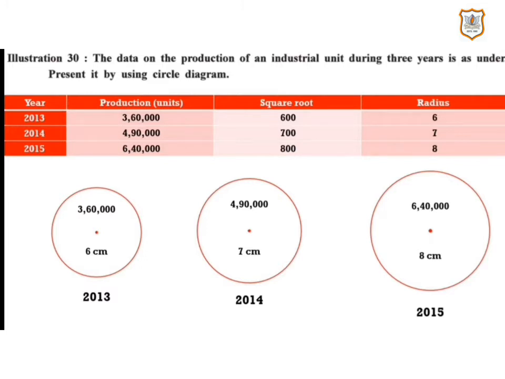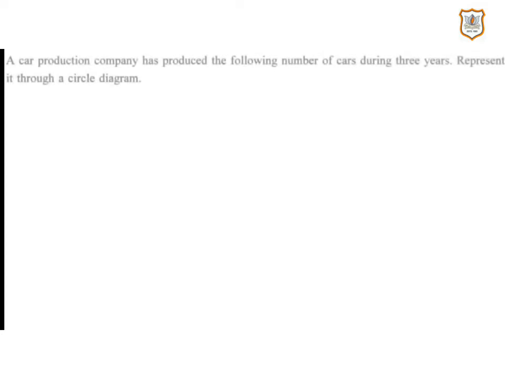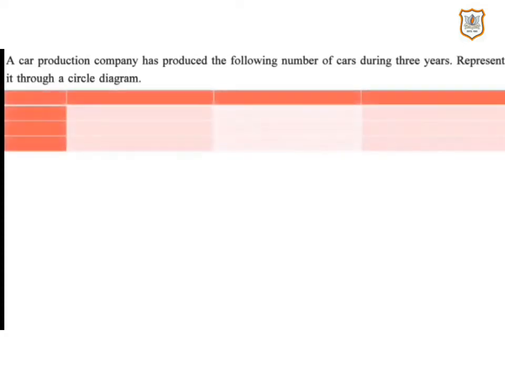Let's solve another example from your textbook. Or let's take any sum from exercise 2.3 of your textbook. So let's take sum number 7 from exercise 2.3. A car production company has produced the following number of cars during 3 years, represented through a circle. So here we have 3 years: 2012, 2013, 2014, and production of cars, that is 25,600, 1,24,000 and